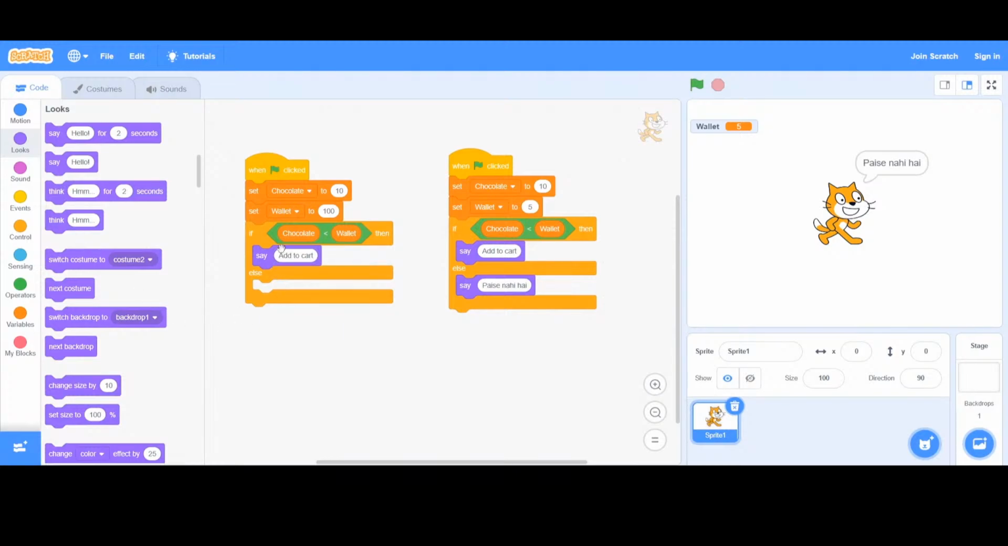बाद हमने बोला कि अब इफ वाली कंडीशन तो कवर हो गई, पर एल्स वाली भी तो करनी है, कि जब चॉकलेट वॉलेट से कम थी तब तो उसने ये बोल दिया ऐड टू कार्ट, पर अब एल्स में चॉकलेट अगर वॉलेट से ज्यादा की है तो क्या बोलना है? हमने वापस से उठाया, ट्रैक करा, यहाँ पे लिखा पैसे नहीं है। हमारा प्रोग्राम कंप्लीट हो गया। अब इसने हमको बता दिया कि ऐड टू कार्ट है क्योंकि चॉकलेट की वैल्यू वॉलेट से कम थी।